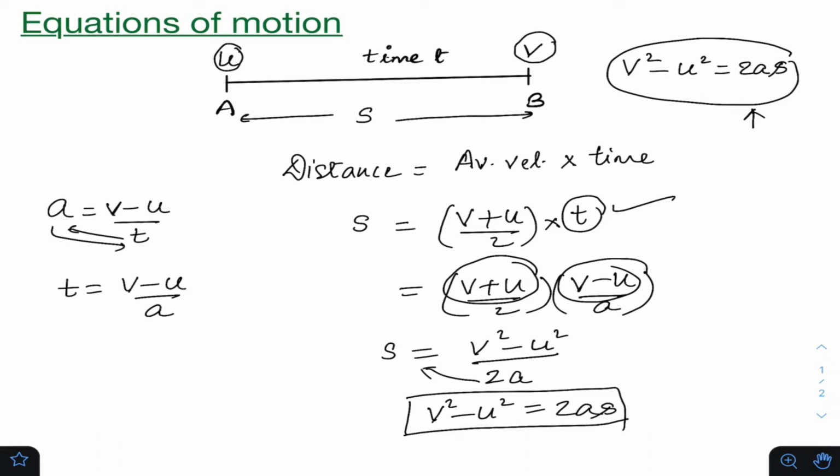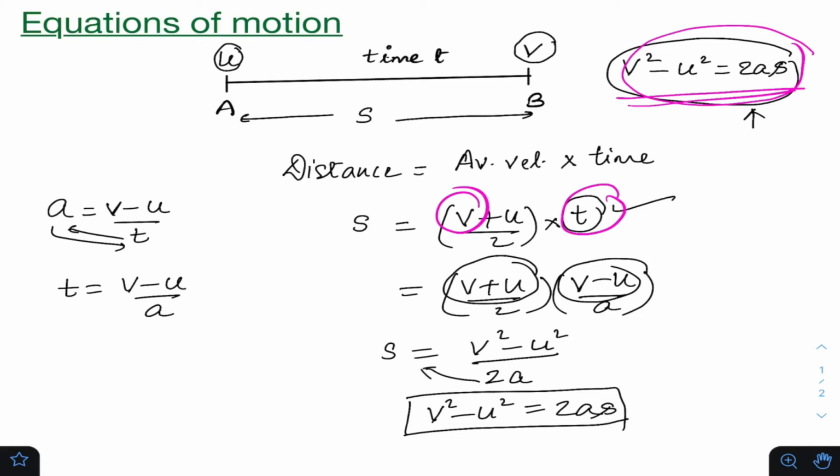So this is the third equation of motion. Remember students, whenever we have to prove something, you can take hints from the equations. How would I know that I have to replace this t? Because there was no t present in this. In the second equation of motion, if you notice the same thing there, why have I replaced v from there? Because in the second equation of motion there was no v present.